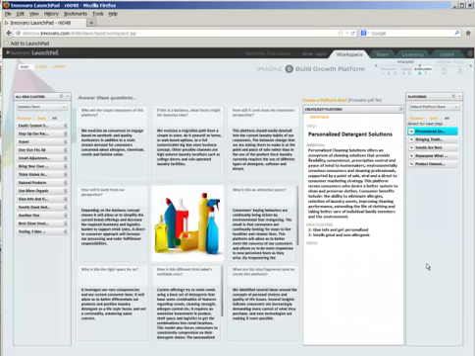In personalized detergent solutions, the business ambition is an ecosystem of cleaning solutions that provide flexibility, convenience, and control to people to really decide what they want. And the idea here is that you give information and you get personalized blending. Now, let me tell you a couple of points in here.